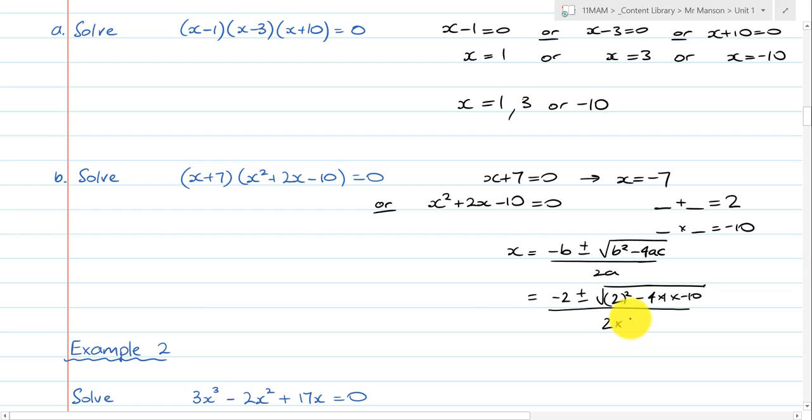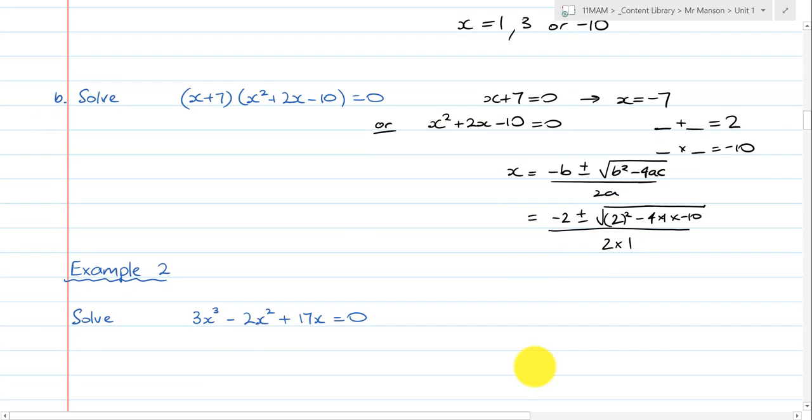2 times 1. Remember, sometimes you only get one solution to a cubic, not 3. If the discriminant is less than 0, that means there's no solutions to the quadratic. You learned that last year. That means you've only got one solution to the cubic here. But in this case, it is going to be bigger, and we're going to drift into the other working area,